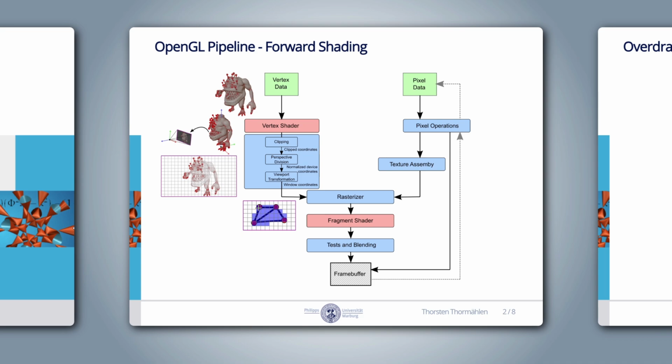Next, the rasterizer determines which pixels in the output image are covered by the primitive and calls the fragment shader for each output pixel. In addition, the rasterizer performs interpolation of each per vertex attribute that we have specified in our vertex shader. This means that each out variable of the vertex shader is interpolated over the area of the triangle, and we get the interpolated value as an in variable of our fragment shader. This gives us the interpolated vertex position, surface normals, texture coordinates, and so on for each pixel.